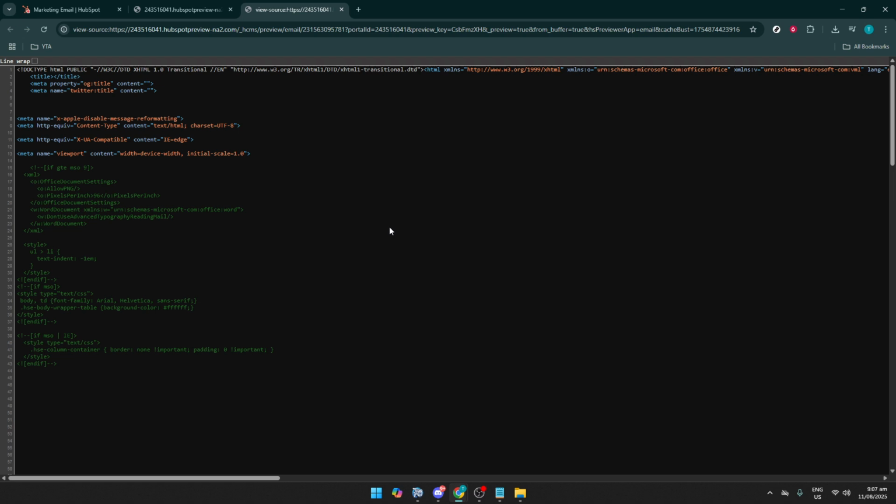Finally, one of the most exciting features is the ability to add custom HTML to your email. By clicking on this option, you can customize your email by inputting HTML code. This can be immensely helpful if you want to create more dynamic and visually appealing emails that go beyond the basic templates. It's a powerful way to enhance your branding and impact, making sure your communications truly stand out in